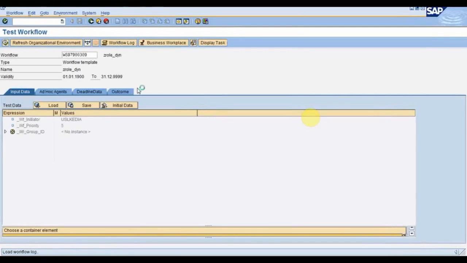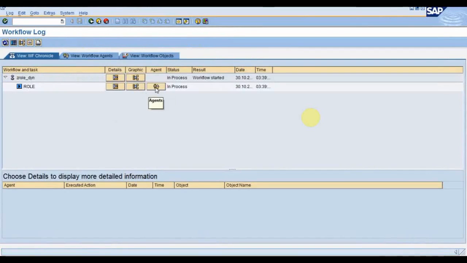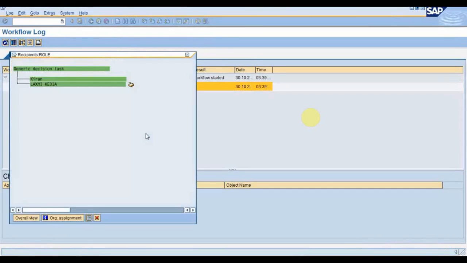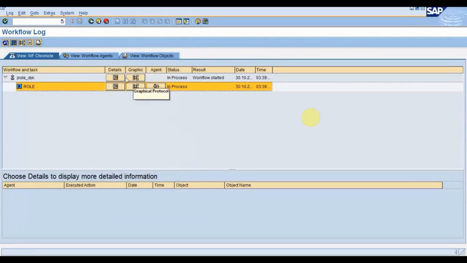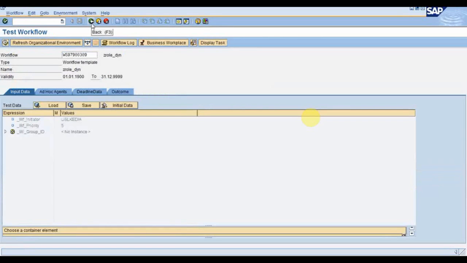Now I will go to the workflow log and show you who all have received these work items. Going to the agents, we are having two IDs, Kumar K and LKT. So you can see how we have received the work item once this role was associated with that expression tab. In companies we use it: suppose a work item should be sent only to managers, you can directly bind it with that manager role, no problem with that. And all the IDs which are associated with this manager role will receive the work items. So any doubt on this?